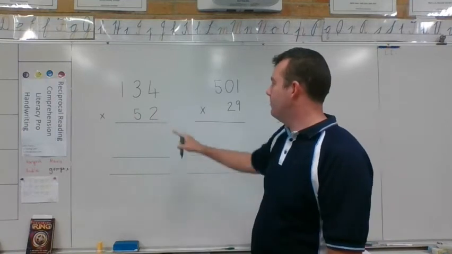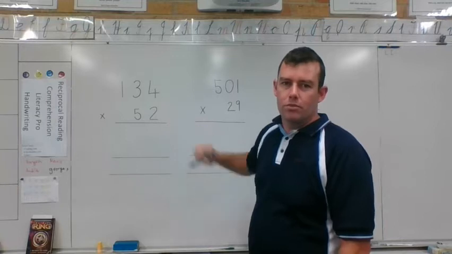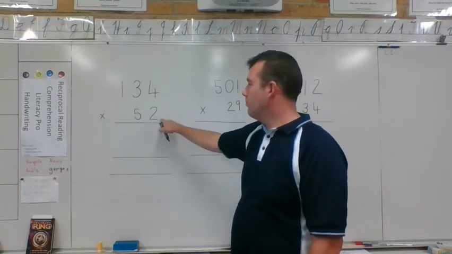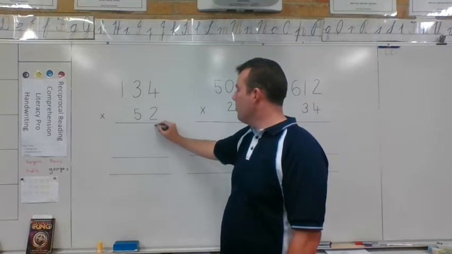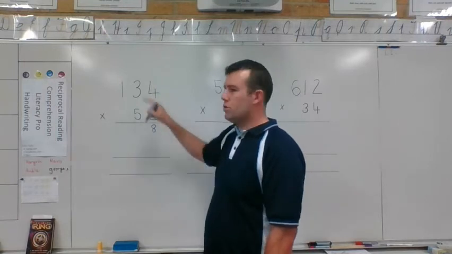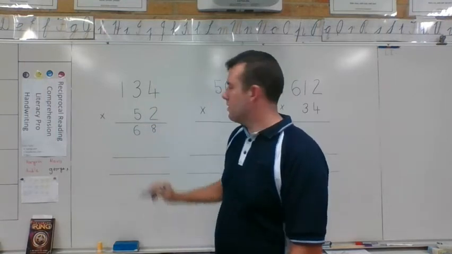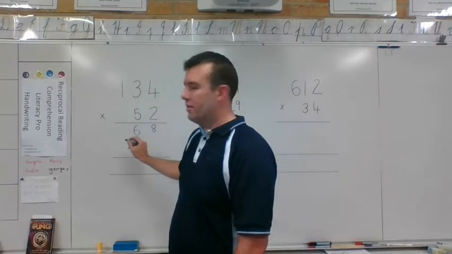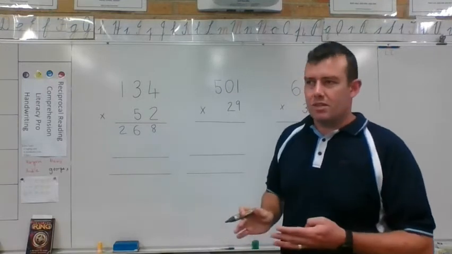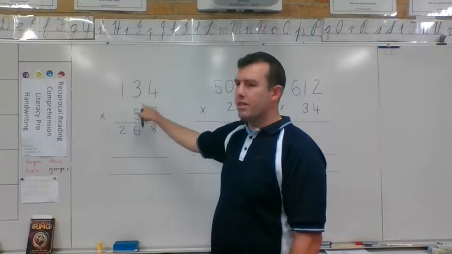Example number one, 134 times 52. Let's have a look at the steps. We begin here in the ones column. 2 times 4 equals 8. 2 times 3 is 6, and 2 times 1 is 2. Next, we need to multiply the top number by the tens